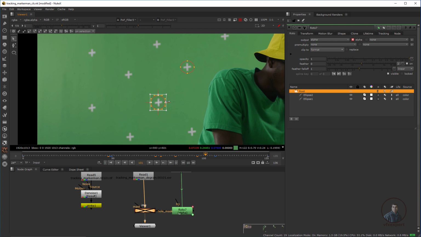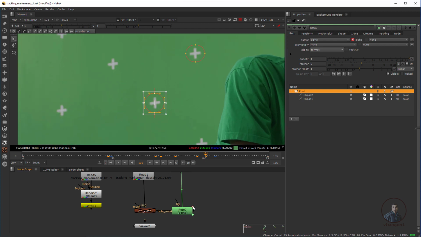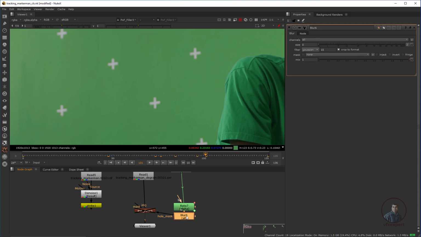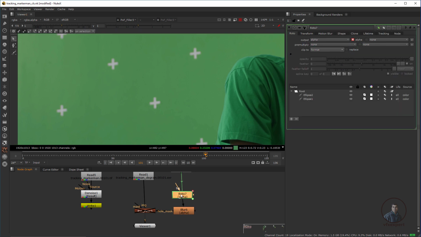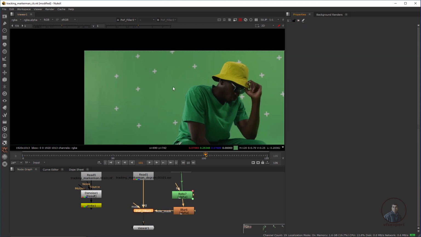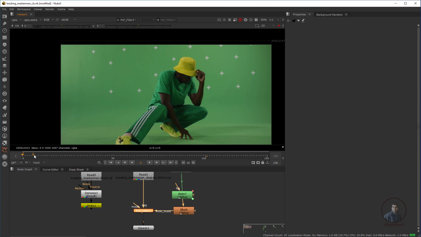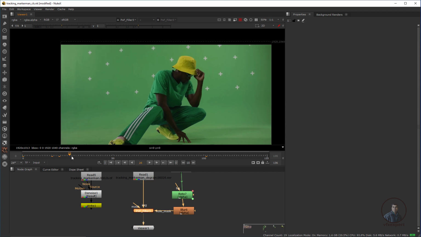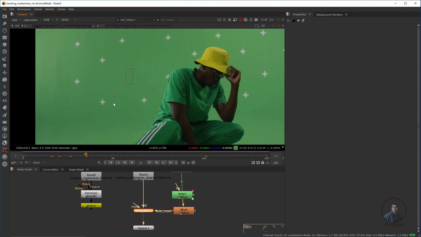Even if you want to use a little bit of edge feather, after this Roto node press B, then double click here, then inside this select alpha. Maybe 1 or 2 pixels if you want, you can also use this blur here. So this will create smooth edges here. Okay, this one here. Now again select this one, enable this one, press D. Now again clear all these properties and play and check. So now guys, if you see, here I have simply removed these two tracking markers from our shot using these PXF Fillers here.